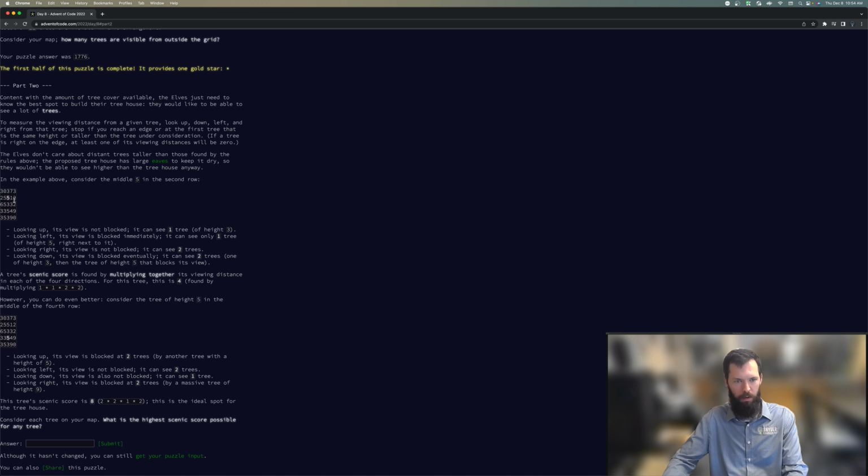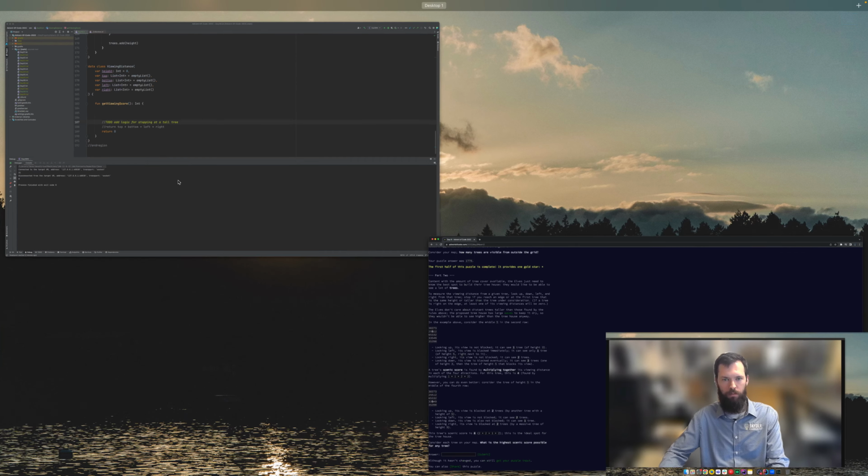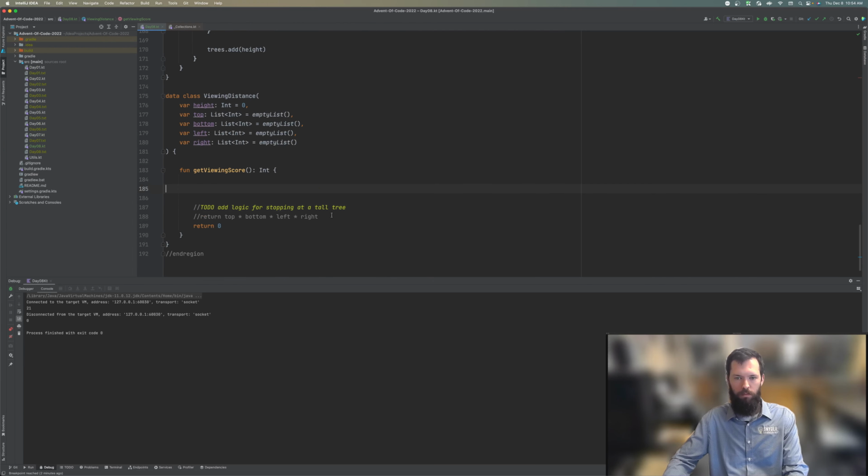Because in the example here, 5 to the left, it's blocked, so it can only see this one tree. Okay, so we need to include the tree that's that height, but we just don't include anything past it. So that's what we would do here. For getting the viewing score, we are going to take